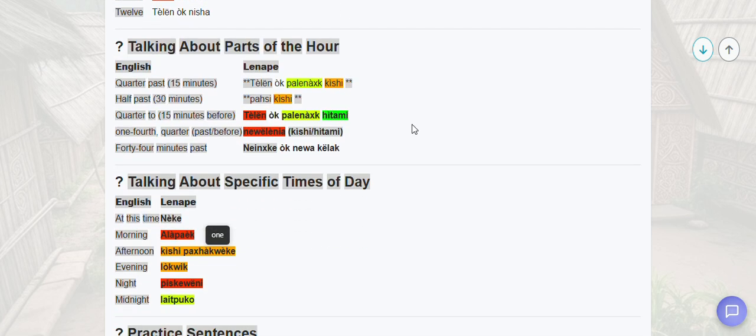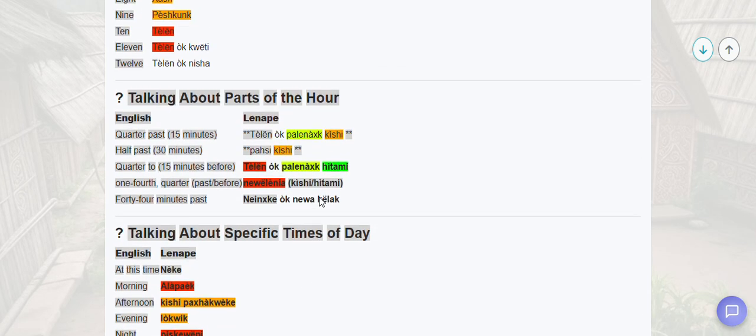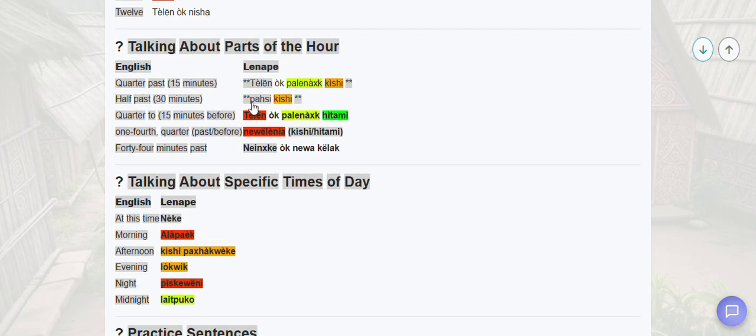And then if you're talking about parts of the hour, there are different ways to do that. So half past, so pasi means half, and kishi means after. Quarter to, so there is another word, quarter, which I don't know if people ever used this word. There's no entries in the Talking Lenape dictionary to indicate that this word was ever used for a quarter past,